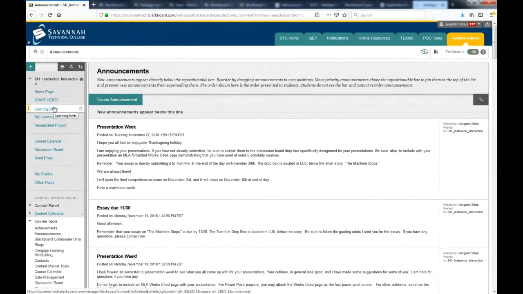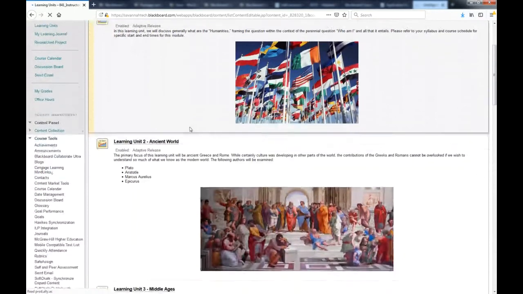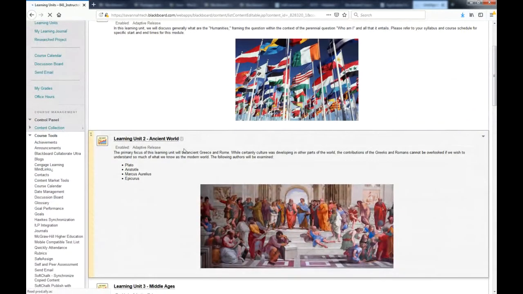Another way to facilitate instructor to student learning and interaction would be to have discussions, journals, and wiki assignments. I'm going to show you some examples of where they have been integrated into an already existing course at Savannah Tech. So I'm going to go into my Learning Unit 2,